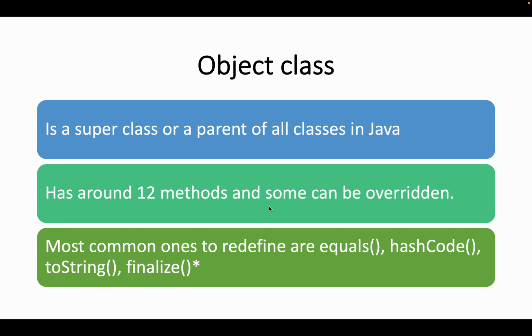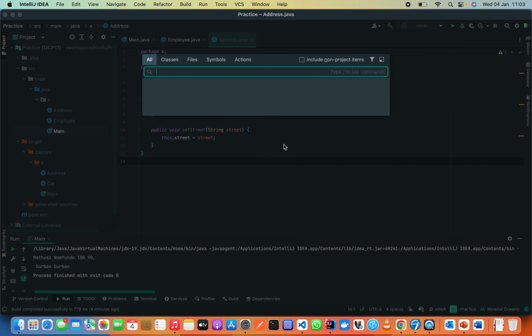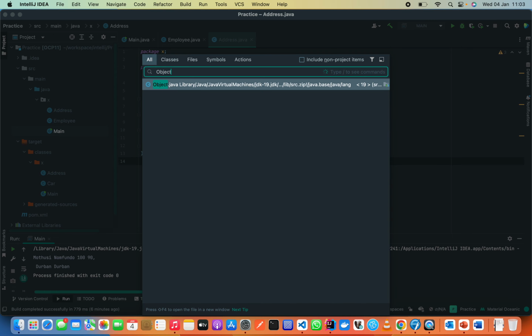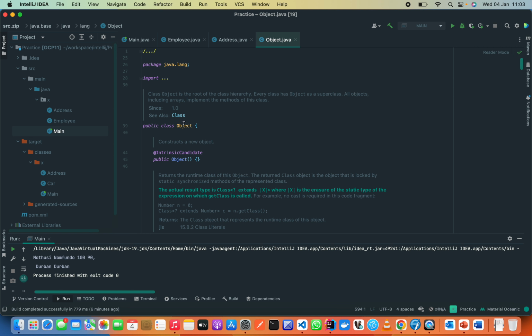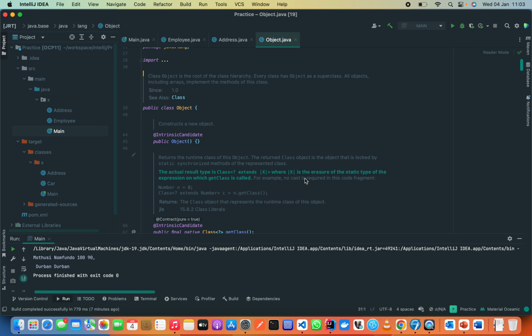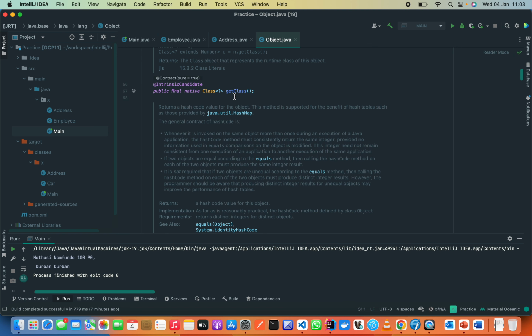Let's just look at that class quickly. We come here. So this is the object class. We are even told that class Object is the root of the class hierarchy. Every class has Object as a superclass. All objects, including arrays, implement the methods of this class. So we see that it has even native methods here,